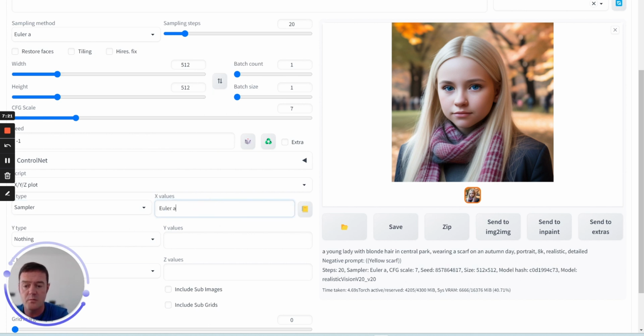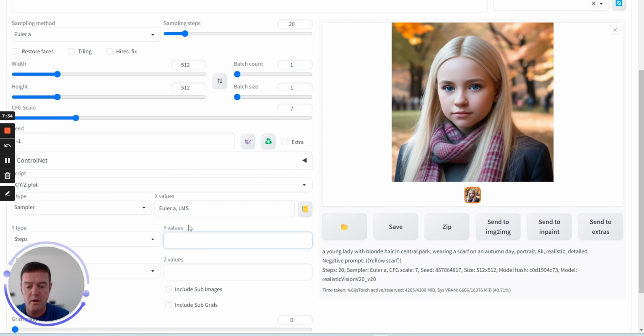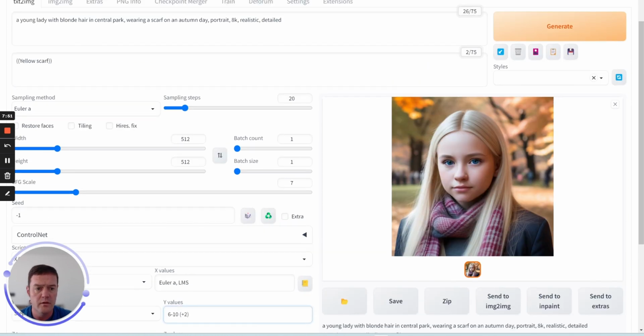So here, if we say we'd like Euler a, and they're separated by commas to do more than one, we'll have LMS, which is those two, and we'll say, let's say the number of steps, we want to go from 6 to 10, and we want to increment by 2 each time. So this will effectively give us steps of 6, 8 and 10 run against Euler a and LMS of the sampling methods. So if we generate this,